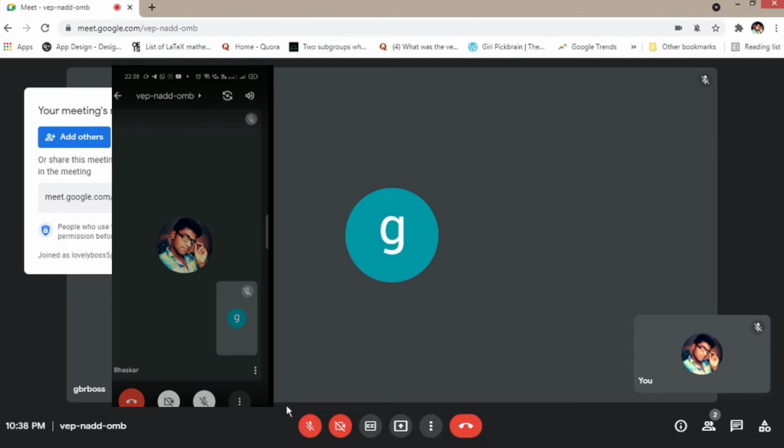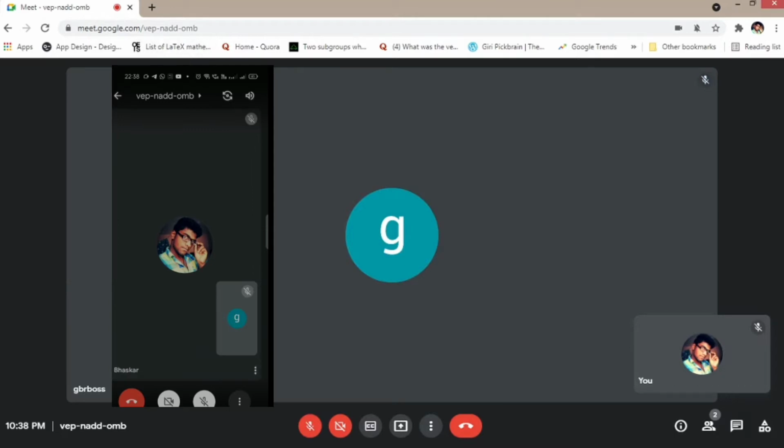So now let us check from my mobile. I am unmuting it and talking. Still you can see the echo, right? So with two devices, if you are not muting it somewhere, this echo comes. So how to avoid this? This can be avoided by just simply using two things. Either you have to mute your audio in laptop or in your mobile phone.